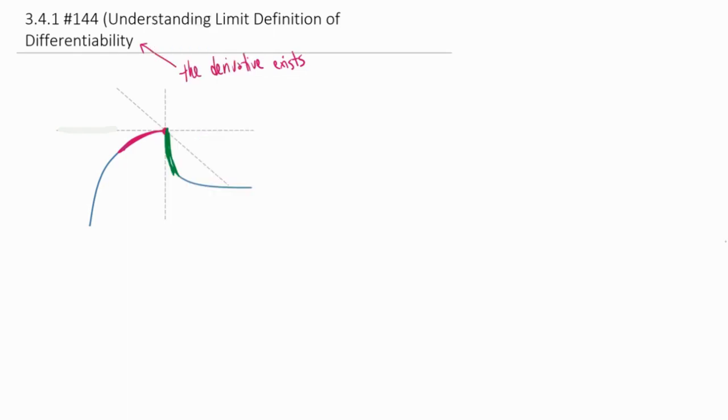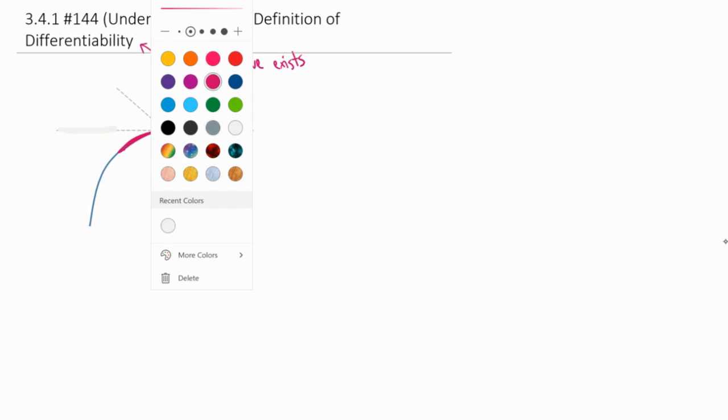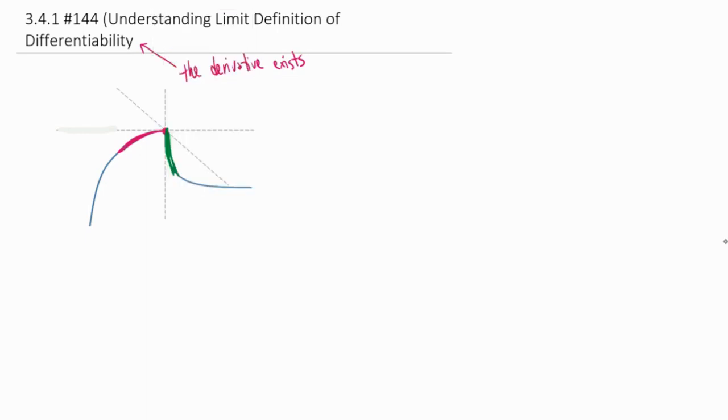Okay, so if we look from the left, the slope is approaching a slope of 0. So this person was half correct. They said the slope was 0. It is 0 on the left-hand side. So we would say, we'll call this x equals a, the limit as x approaches a from the left-hand side, and we're not talking about the y coordinate, we're talking about the slope, right? We're saying the slope is 0. So how do we describe slope? f prime. So the limit as x approaches a on the left side of f prime